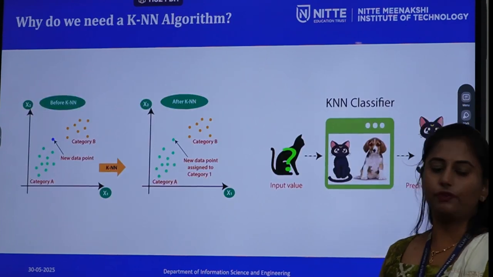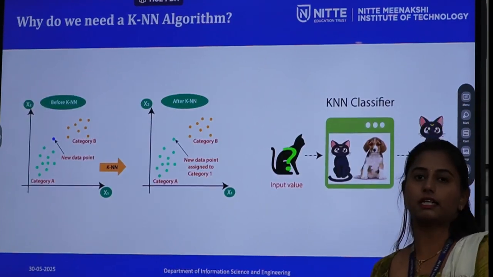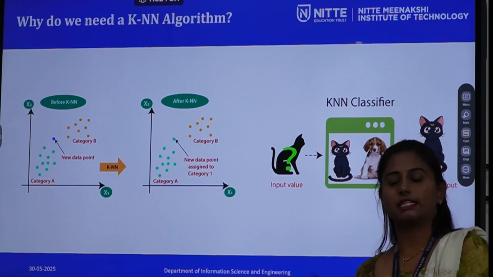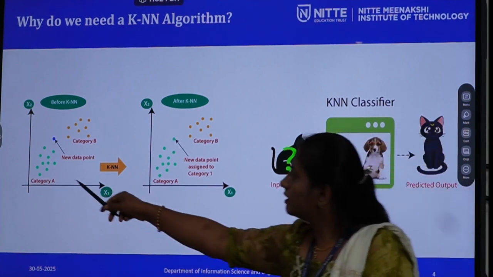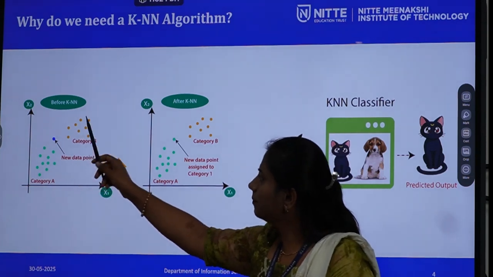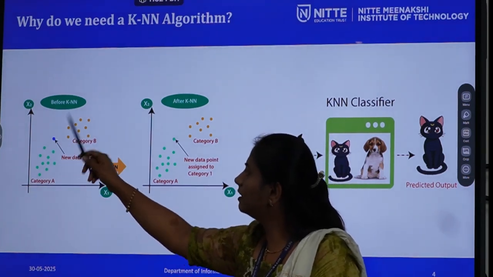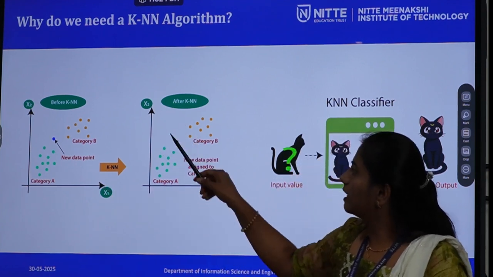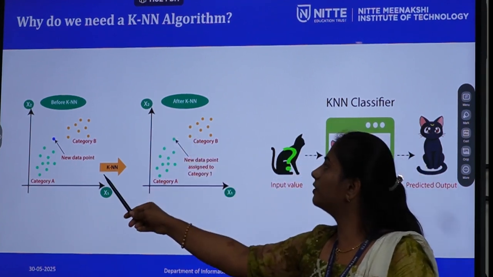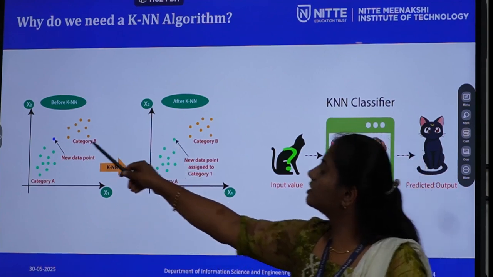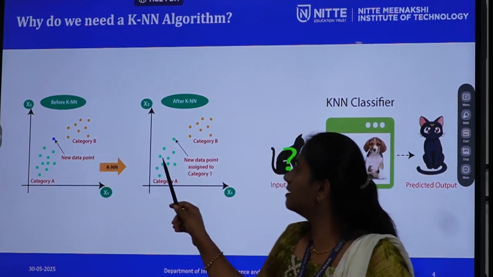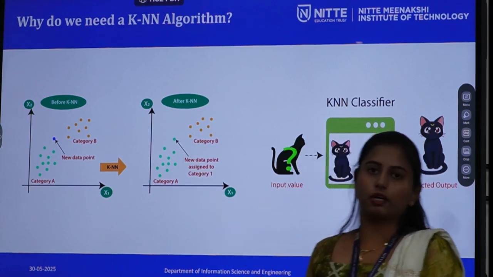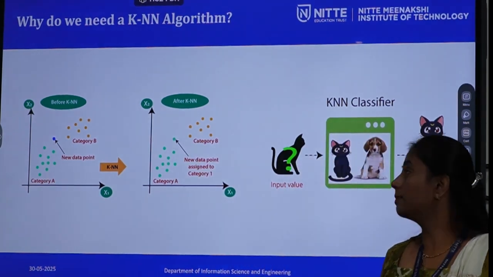And why do we need this KNN algorithm? As we said, when we have a new data point, we have to classify it into a particular classification. So you see category A and category B, and this is a new data point we have taken. This is before the KNN and this is after the KNN. When we give this input to the algorithm, it classified this new colored data point as a category A data point. So we'll see the algorithm and how it works for